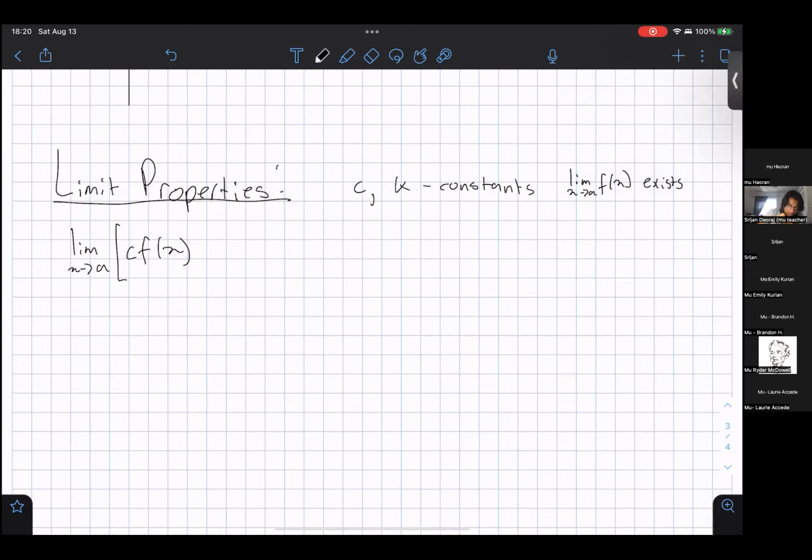The first limit property is that the limit is a linear operator, which is just fancy speak for: you can distribute the limit inside of a plus or minus, and you can distribute it to the function itself. So what that looks like is,